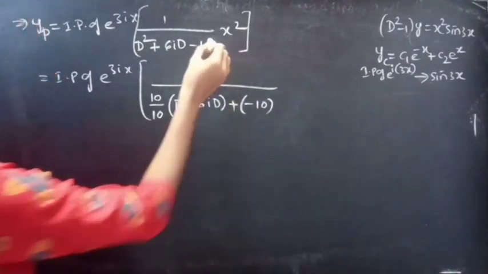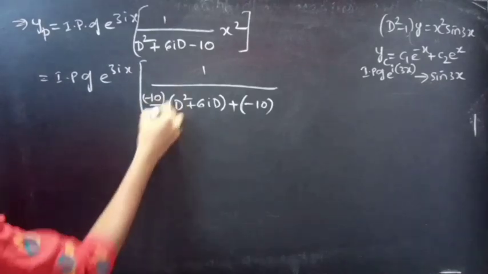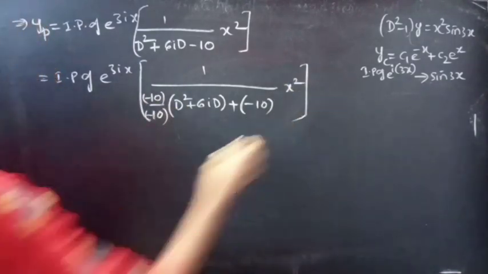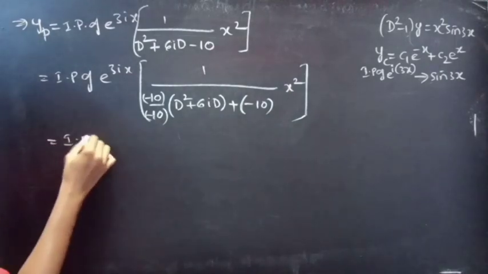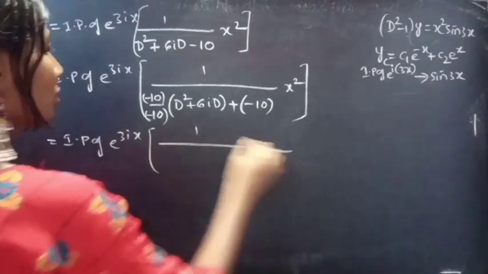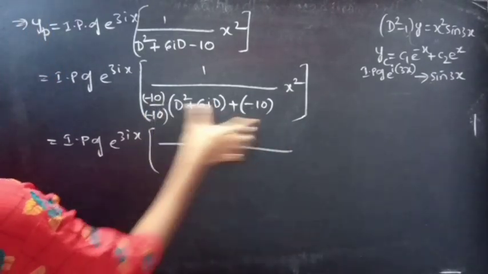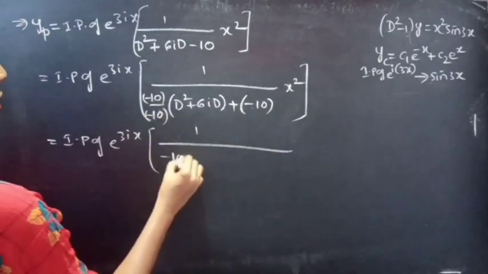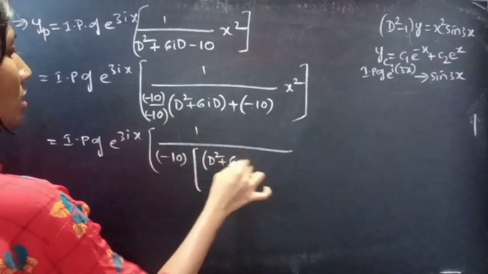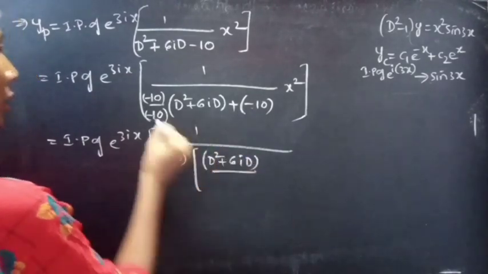Or let's take minus 10 common, into x². This equals the imaginary part of e^(3ix) into 1 by, now take minus 10 common from these two terms, we get minus 10 into D² plus 6iD by minus 10